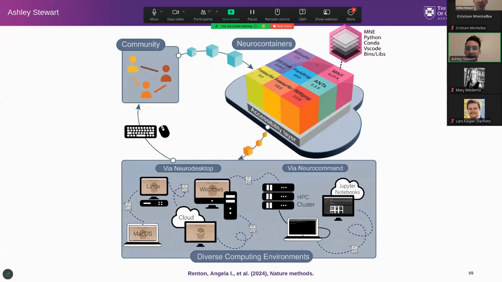There's over 200 gigabytes of neuroimaging software, but it's delivered as Singularity containers that you actually stream using a file system protocol called CVMFS. That's the CERN Virtual Machine File System,